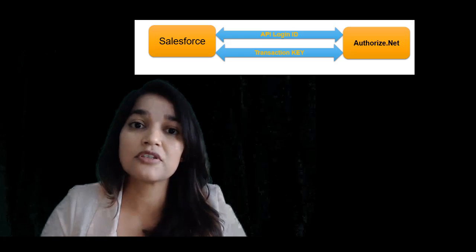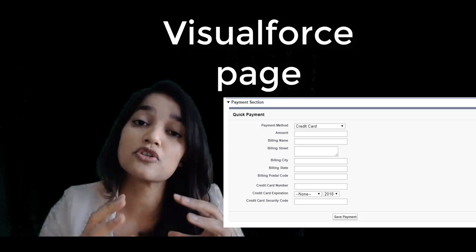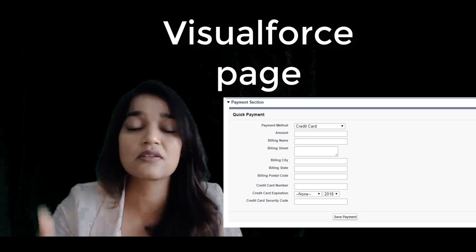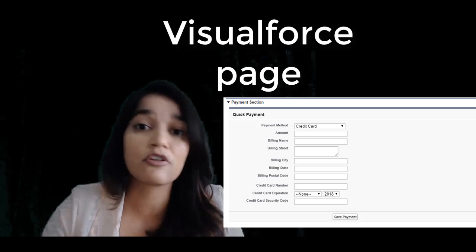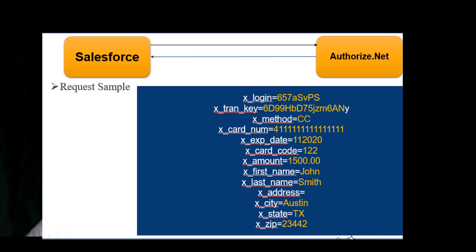Then the next thing after that will be, we're going to build a Visualforce page, which is going to capture the information from the renter about their address, about the monthly charge, about the credit card information, the mode of payment, etc. And then we're going to go ahead and create Apex classes, which is going to be responsible for sending the request to the Authorize.net and processing the request and the response. So that is the overview of this application that we are going to build.